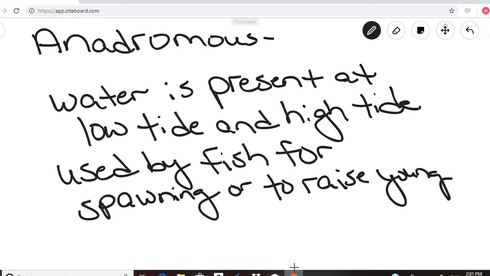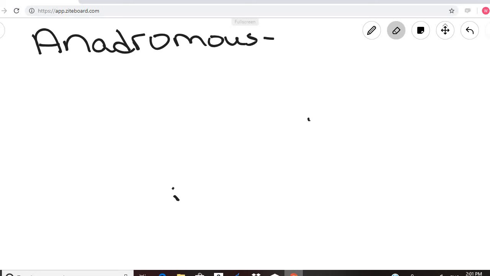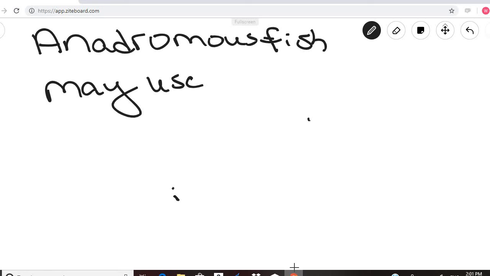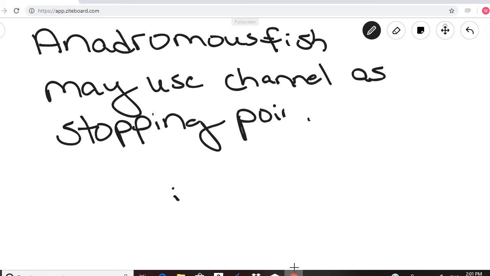Well, one of the things that anadromous fish will do is that they may use a channel as a stopping point, to eat, to feed,